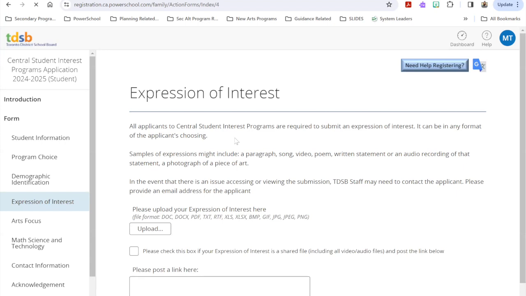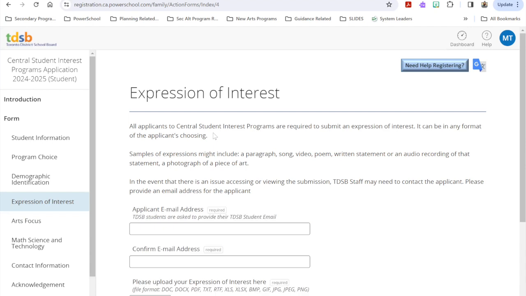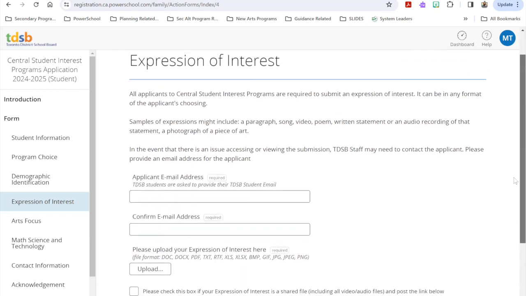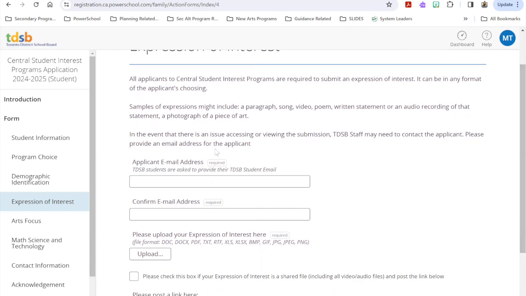As I mentioned earlier in the video, every applicant is expected to include an expression of interest. As we want to ensure that we are able to access those expressions of interest, we are asking for the direct email address of the applicant. If it is a TDSB student, we are asking for the TDSB email.